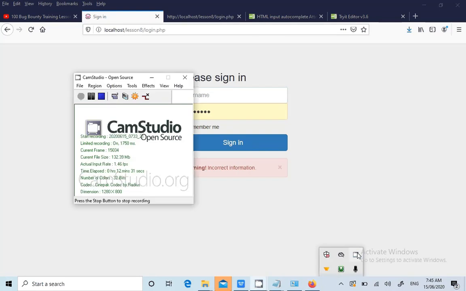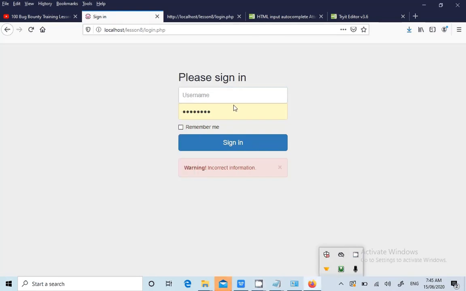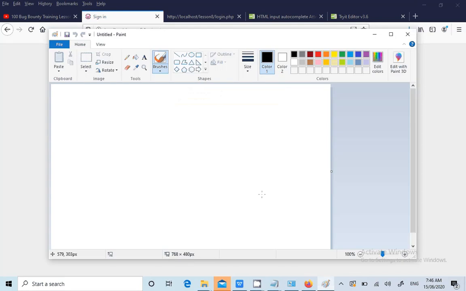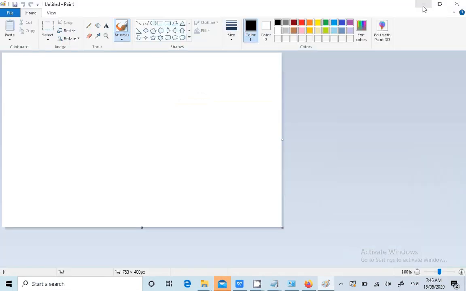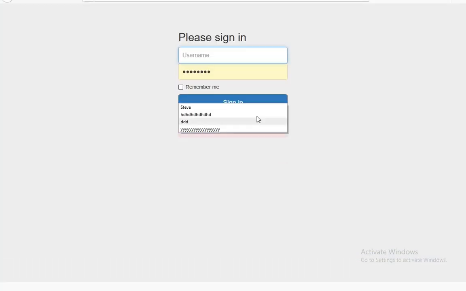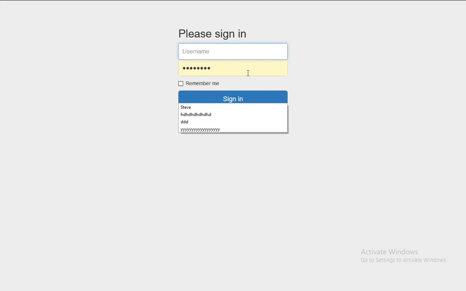Is it recording? Yes. Now Control V. What happened? Okay. Double click and print screen. Oops. One second, guys.